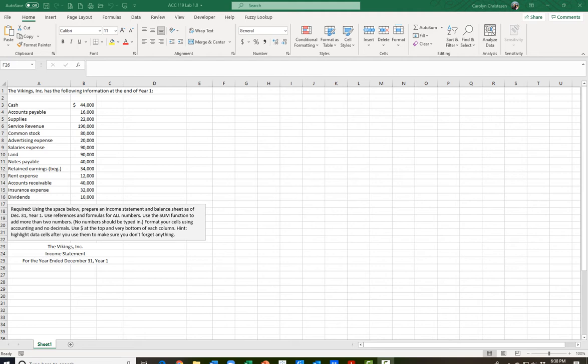And notice our directions here: we're going to use references and formulas, use the sum function, so we're going to learn how to do those, and then we're going to learn how to format our numbers and put in some underlines. All right, so the first thing I would do if I start a problem like this